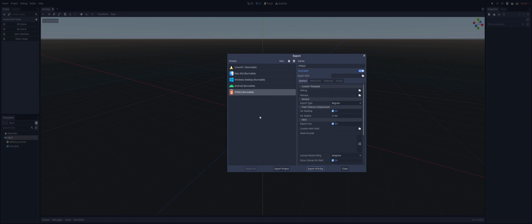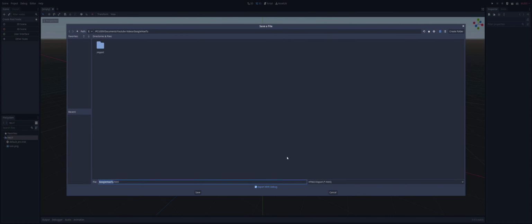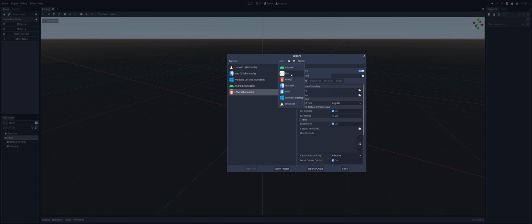Let's see, what do we have left? We have an HTML5. Simple, we don't need to change anything in here. We can simply just do an export and we'll get all of our HTML files ready for you to upload to something like Itch and embed into your website. That leaves us with